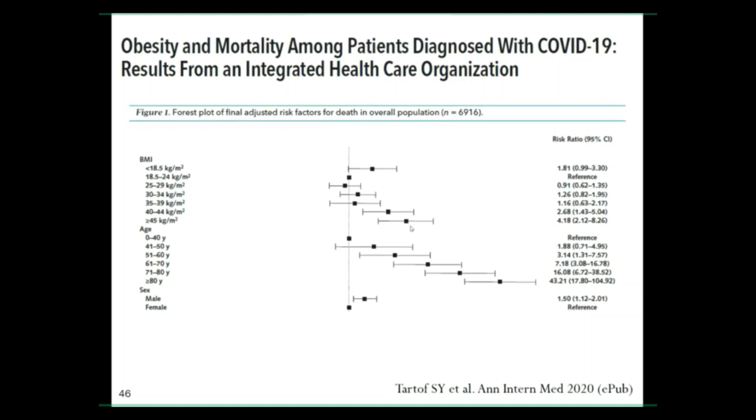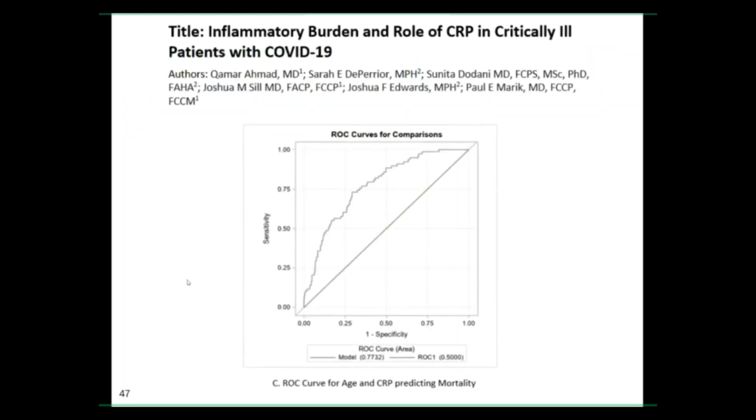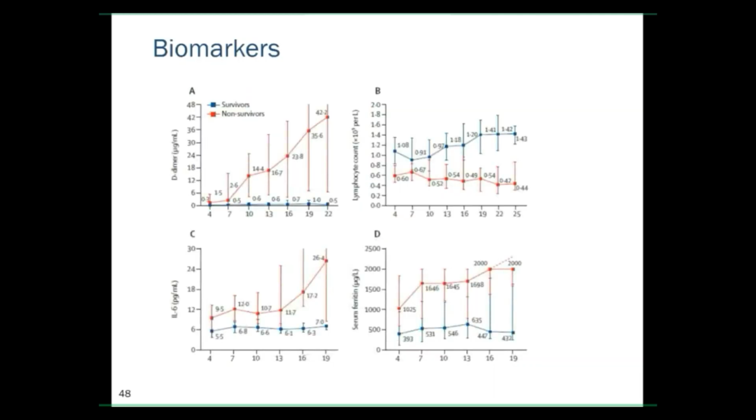And this probably has a number of mechanisms, but probably the increased inflammatory response. Again, we can see increase in age and increase in males as opposed to females. This was a study we did here, basically showing that the two most important predictors were the CRP on admission and the patient's age. We need to look at biomarkers because they